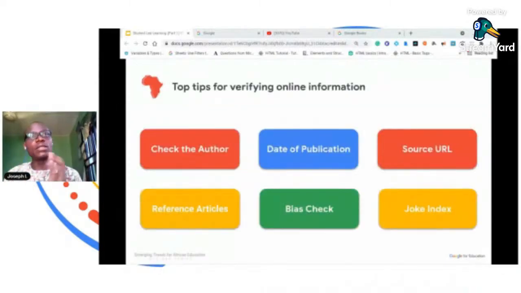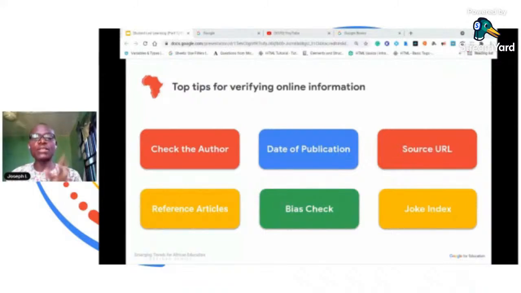We are living in an information-rich era, yet finding quality information is central to successful knowledge acquisition. Here are some top tips for verifying the accuracy of information online. Firstly, we check out the web page author. Is the person an expert on the topic? Or the web page, is it from a reputable source?